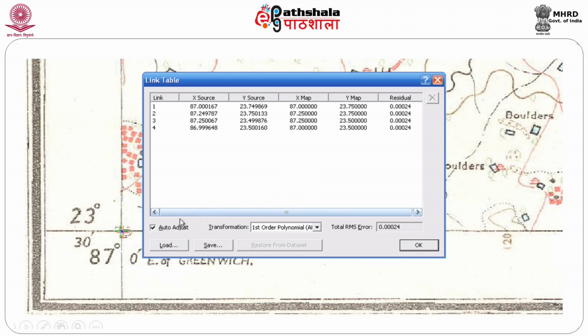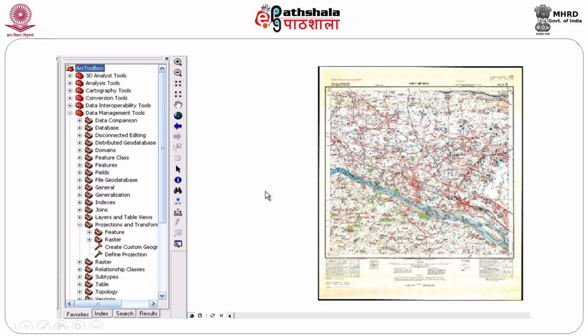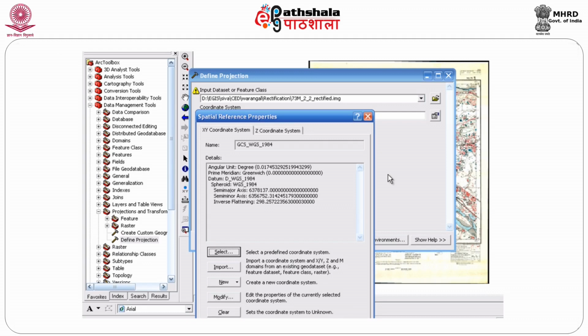So you will have a value of 87 degrees and 23.5 will be the values here. Now the entire thing has been readied. Now you find the data as topographic map. It is understood by the system that it has got a specific coordinate system. So, we are given the latitude and the longitude values. Now, let us go to the tools and check how we are going to work on that.